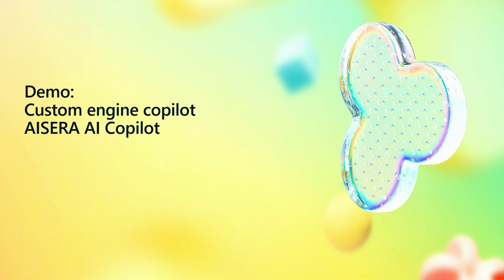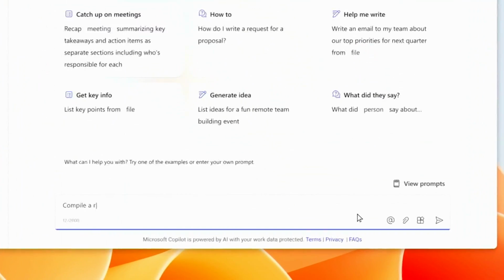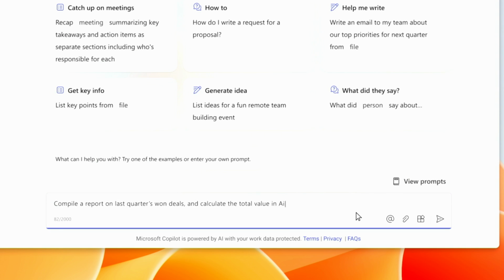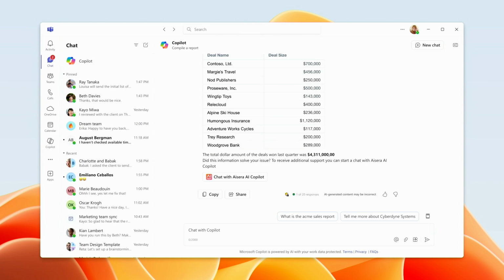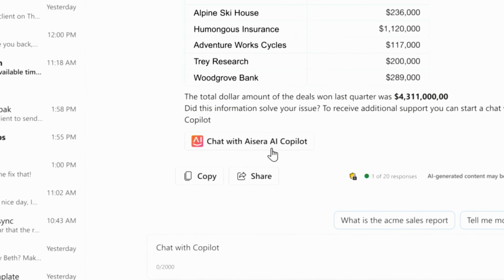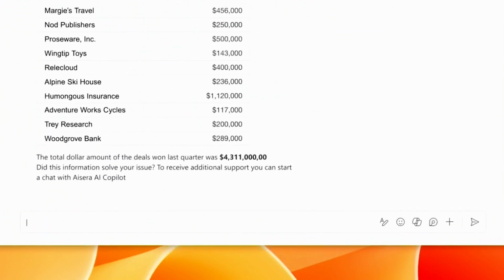And in that scenario, they've actually built a custom engine Copilot, which you can invoke from the Copilot experience itself. As you can see on the video, once they've invoked the custom engine Copilot from the Copilot experience, you can go and click into that and do a handoff to the immersive experience. The immersive experience is basically a dedicated experience where a user can chat to only the custom